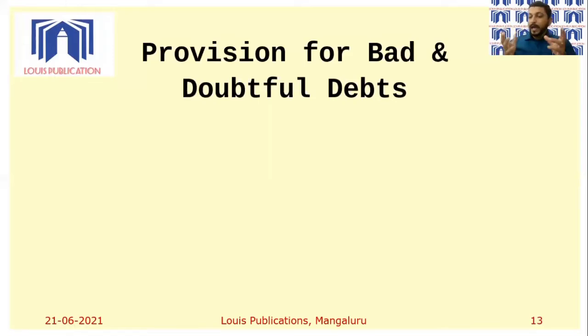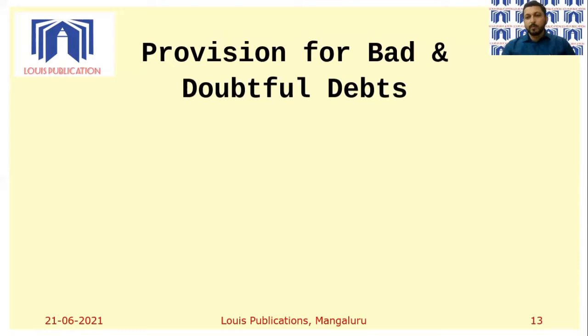Now, bad and doubtful, I'm combining that. From the total value of debtors, we exclude debts which are bad. Debts which are bad are surely irrecoverable. So the remaining value of the debt, let's take an example: if 1 lakh is the value of debtors in the books, and in that, let's say 10,000 has become bad debt. So from 1 lakh, I exclude 10,000, I remain with 90,000. And this 90,000 includes two kinds of debts, doubtful debts and good debts.